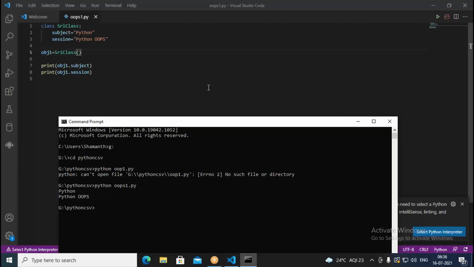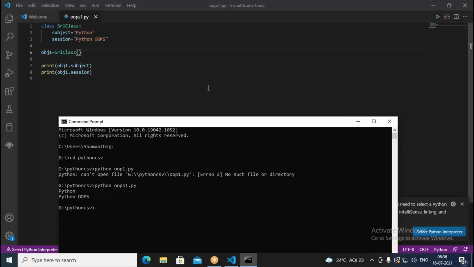They are nothing but properties of the class, or member data. There are two things associated with the class: one is data, the other one is methods. Together we write them in the class, and that is called encapsulation.